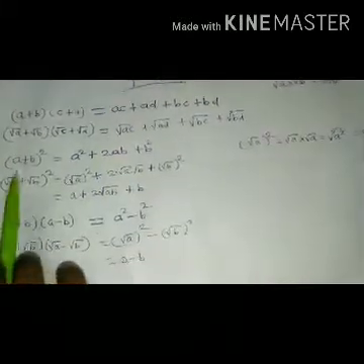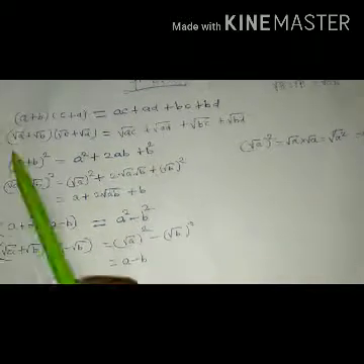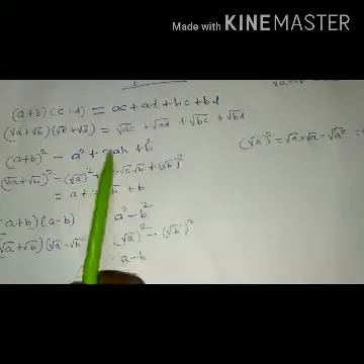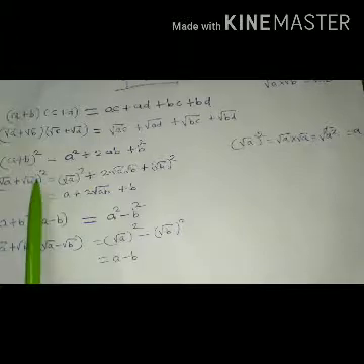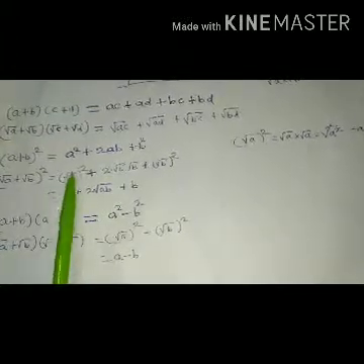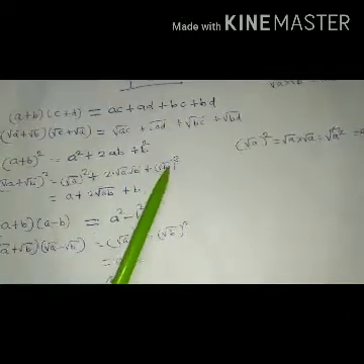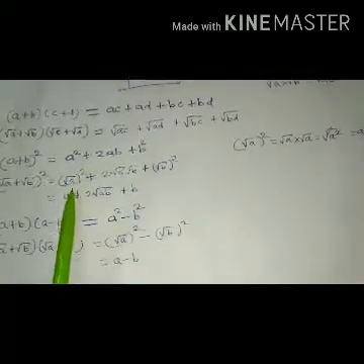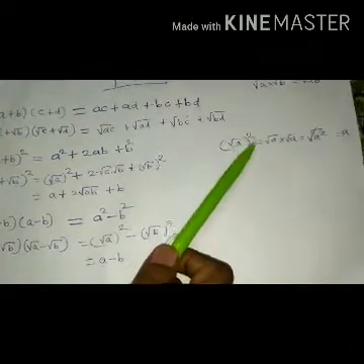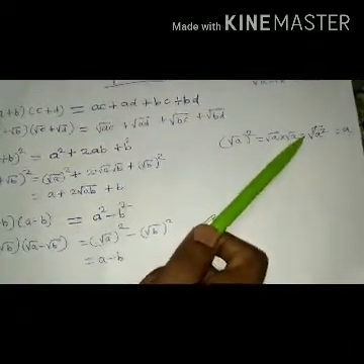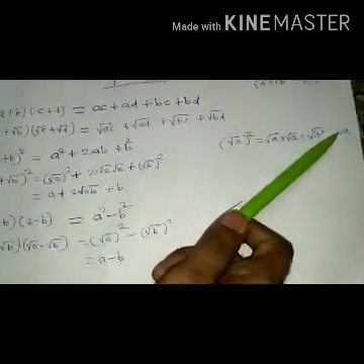In the same way, a plus b whole square is the standard identity, and we have for a plus b whole square, a square plus 2ab plus b square. Then applied for irrational numbers, root a plus root b its whole square, which is equal to root a whole square plus 2 root a into root b plus root b its whole square. So if you multiply root a 2 times, we get a. Here, root a whole square means root a into root a, which is equal to square root of a square. So this sign and this 2 get cancelled, we are left with a.